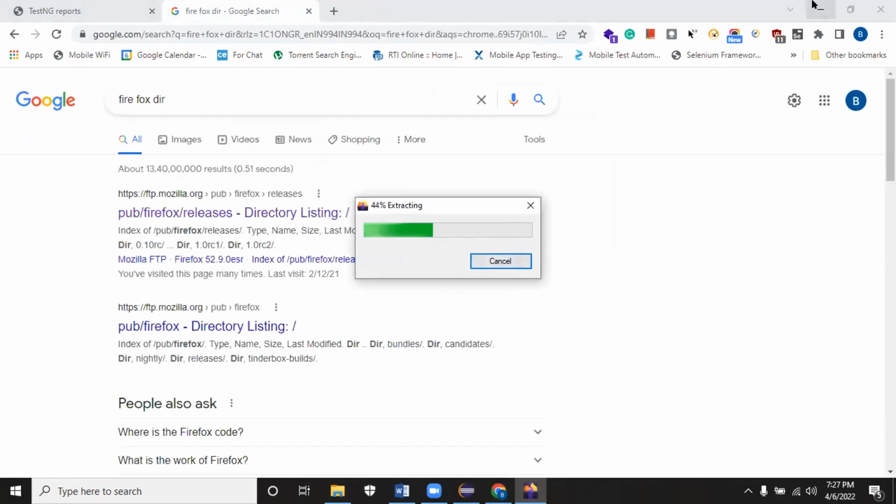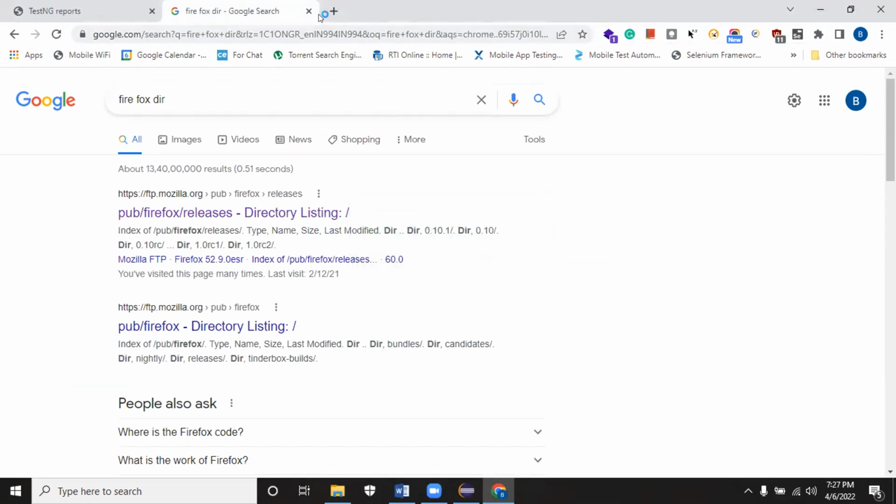Right now, Edge, Firefox, and Chrome are there. Let me run it in all the browsers and show you.